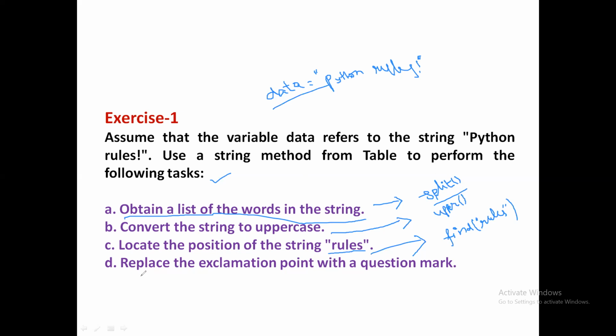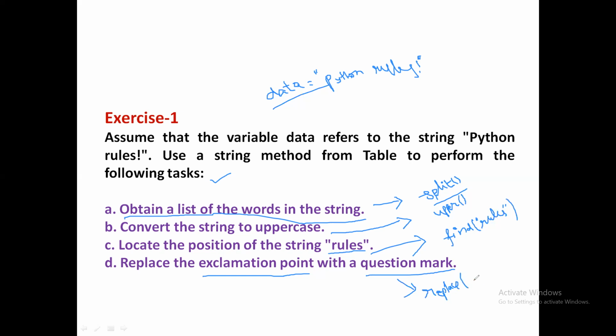And the last task from this exercise 1 is replace the exclamation point with a question mark. So how do you replace a particular character from the string? We have a method called replace. Okay, so data.replace, you have to call that method. And it expects 2 parameters compulsorily.